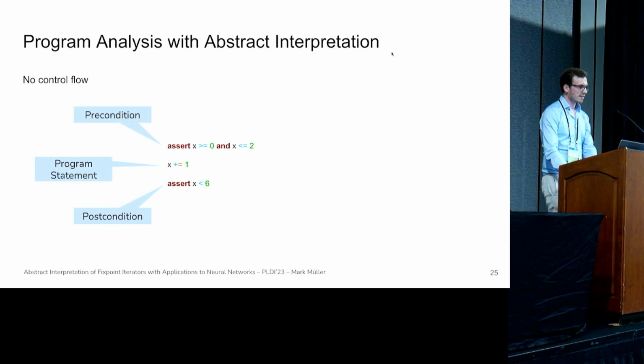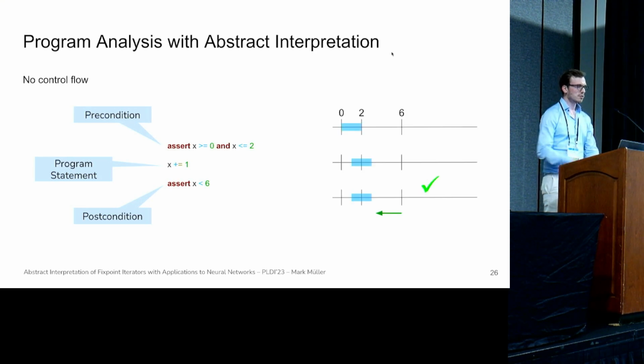Let me start with a very simple example where we have no control flow. We encode the precondition using asserts, ensuring that our input is between 0 and 2, have a program statement that simply increments the value by 1, and the post-condition where we want to show that the output is smaller than 6. We can use the simple interval domain to over-approximate or abstract the program states at each line and show that